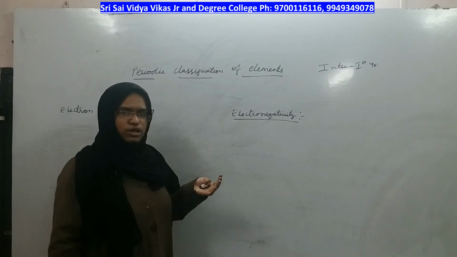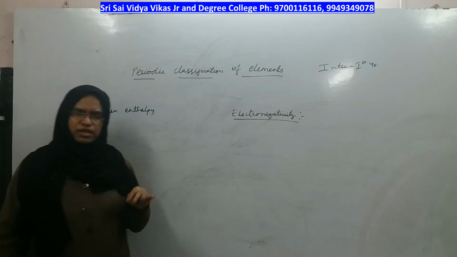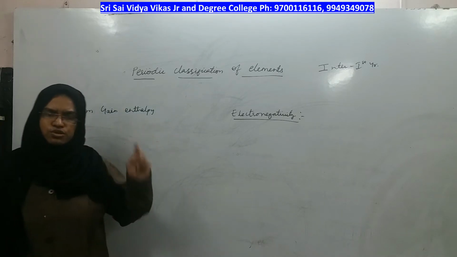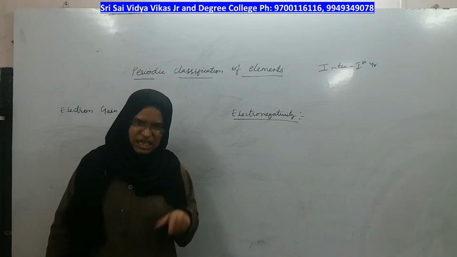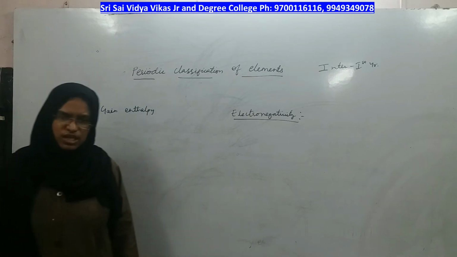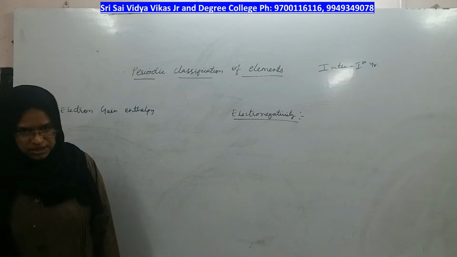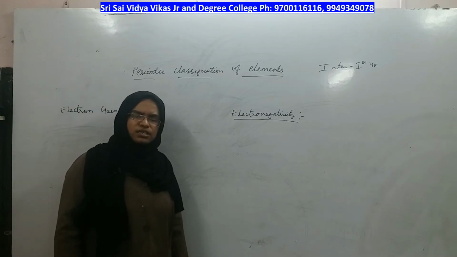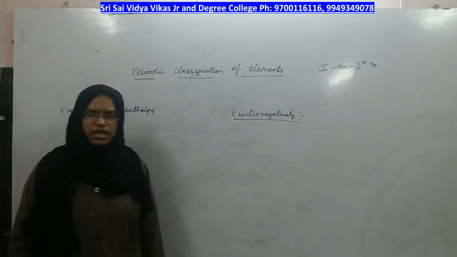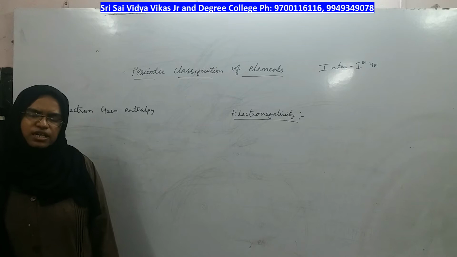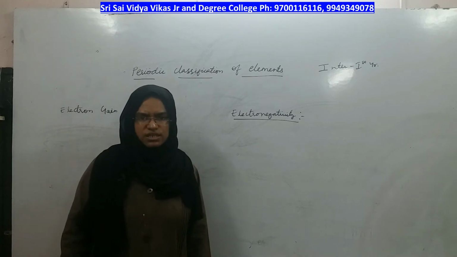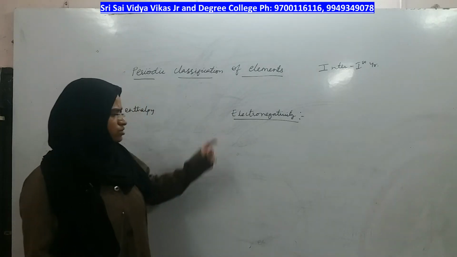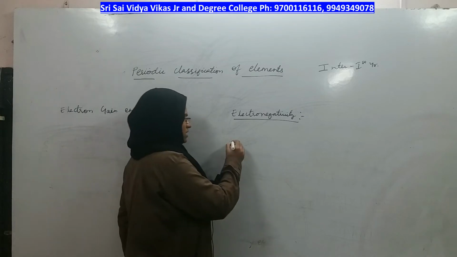I already told you, whatever periodic property you want to discuss, you should know what happens to atomic radius, because every other property depends on atomic radius. Let us recall that in a period from left to right, atomic radius decreases, and in a group from top to bottom, atomic radius increases. So now electronegativity is